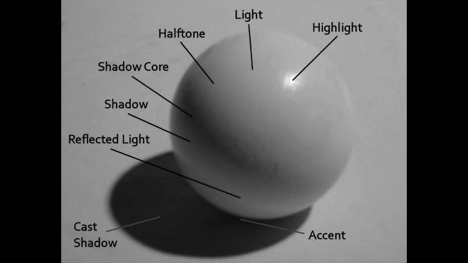Now, one of the most important things when it comes to shadows is if you look at different objects, shadows cast differently on different objects. For example, a shadow on the face is not going to be the same as it is on, let's say, a silver sphere, because the properties of the actual material that's being reflected on is going to change that. Real quickly, please take a look at this diagram. It's going to show you the different parts of a shadow. Obviously you have reflected edge, you have core shadow,